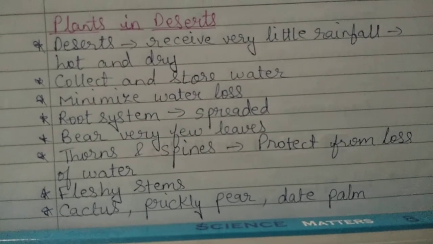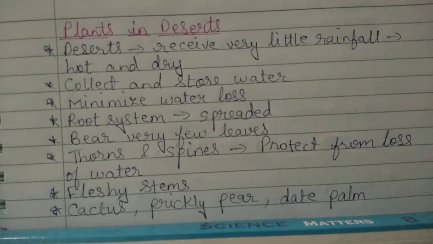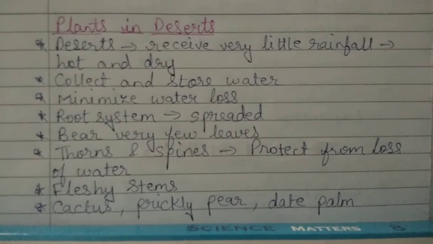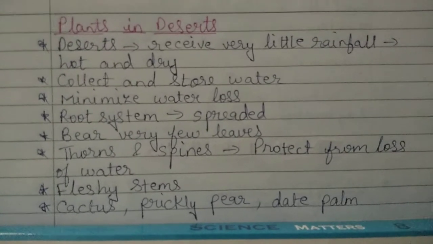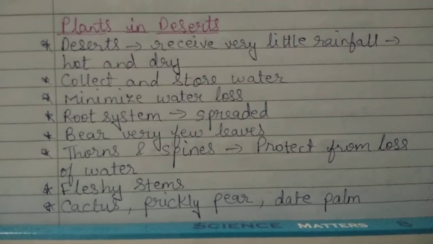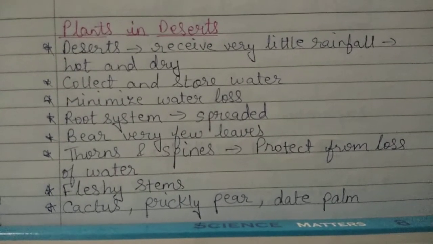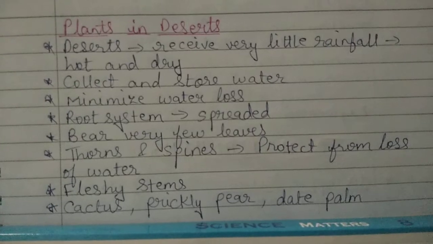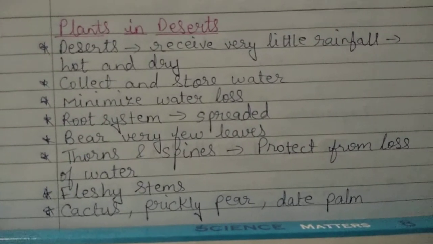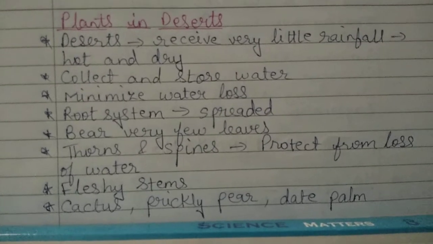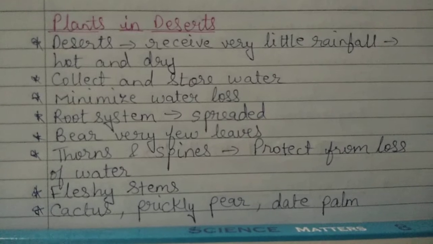The stems are green in color and are the site for photosynthesis. We all know that the site for photosynthesis is usually leaves, right? Plants photosynthesize in leaves, we have studied it. But in the plants found in deserts, the stems photosynthesize for them. The stems are the site for photosynthesis in plants found in the desert region.